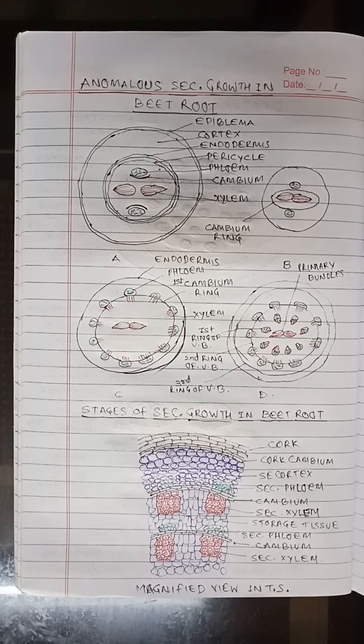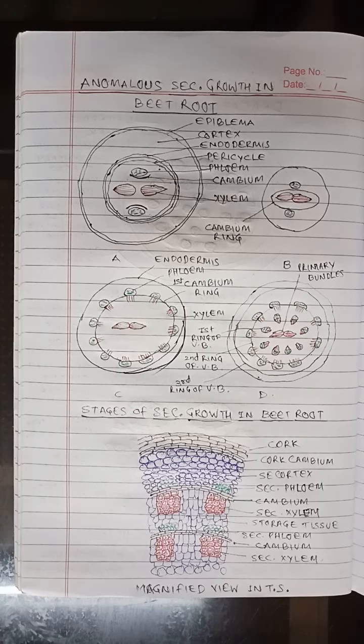The third ring develops from the cells of pericycle. The cells of pericycle divide periclinally and form many layers of parenchyma. The innermost layer gives rise to the third cambial ring. The cambium divides and gives rise to secondary vascular bundles of third ring along with broad channels of parenchyma, that is storage parenchyma, which separates them from one another.